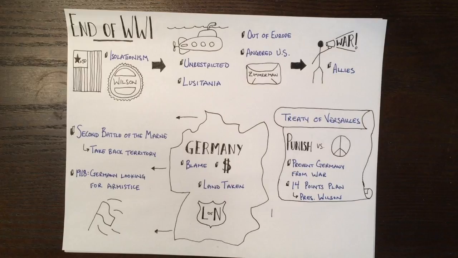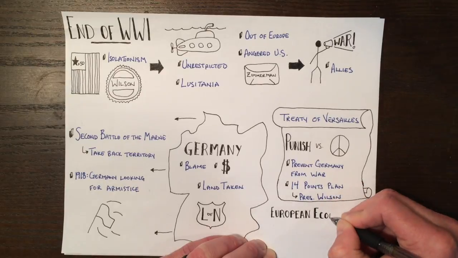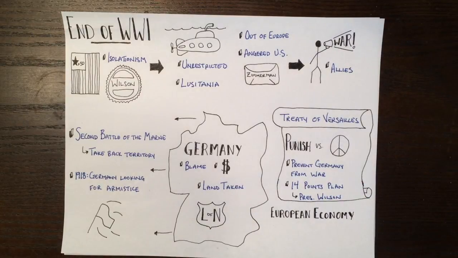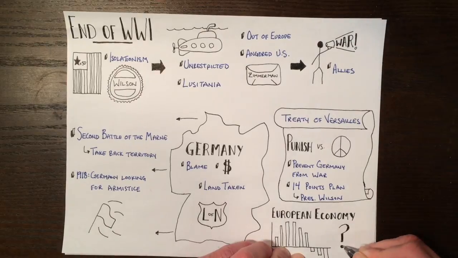The United States Senate did not approve the treaty, and the United States, therefore, was not a part of the League. They were worried that it would drag them into another war. Economically, Europe would not be the same. The countries that once led the world were replaced by the United States and Japan. Farmland and cities throughout Europe were devastated, and these countries would now start trying to rebuild their struggling nations.